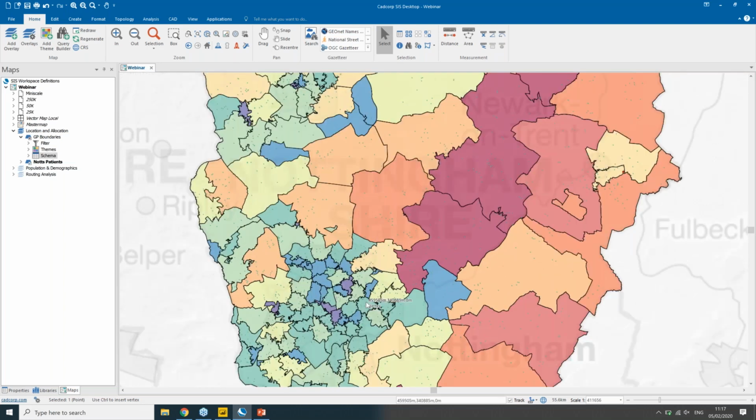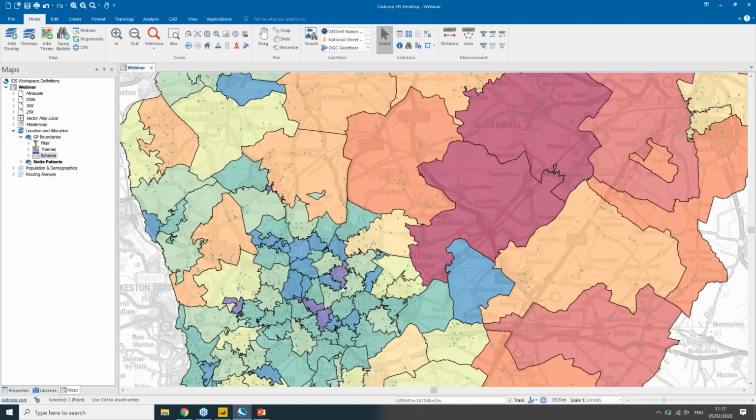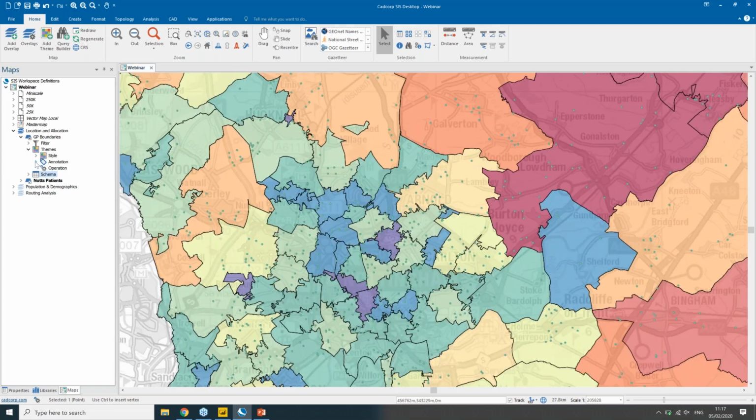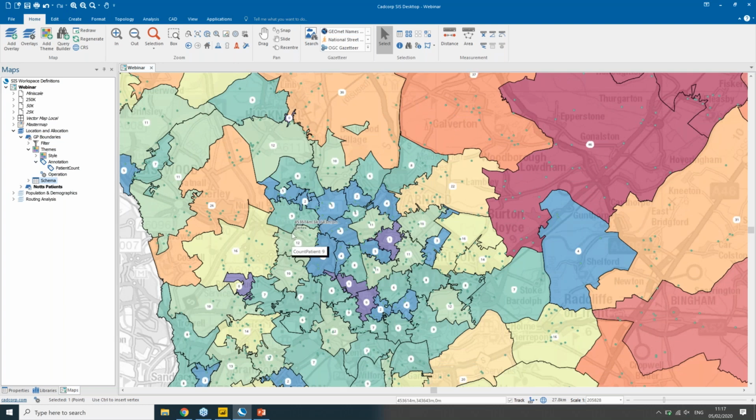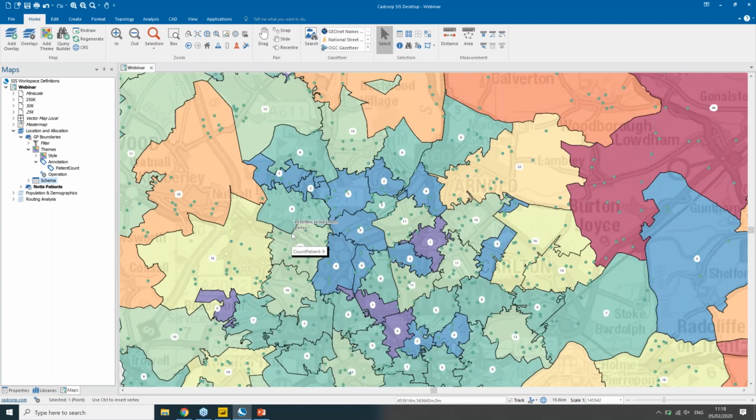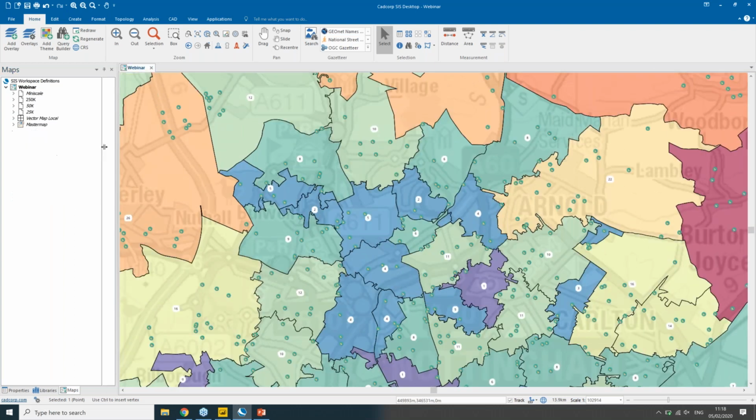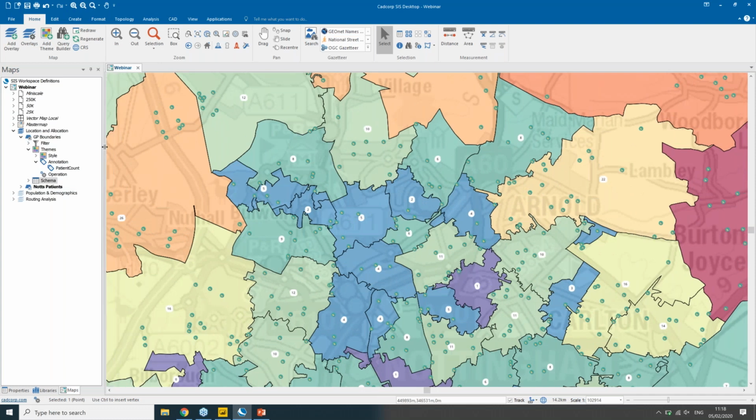If I just zoom into a particular area, we can also be really specific. Rather than you watching me add an annotation theme, I've got one that's already set up. So now we can add numbers that show what numbers we have within each of our GP boundaries. As I've said, all these numbers are dynamic. So what could happen, and we're making dramatic changes, which probably won't happen in a real world environment,